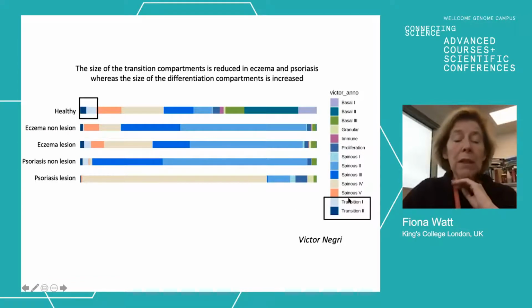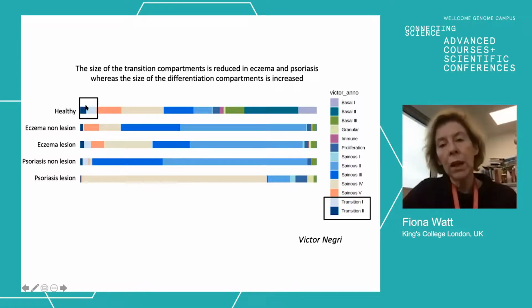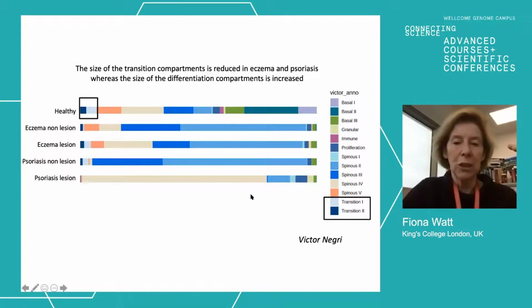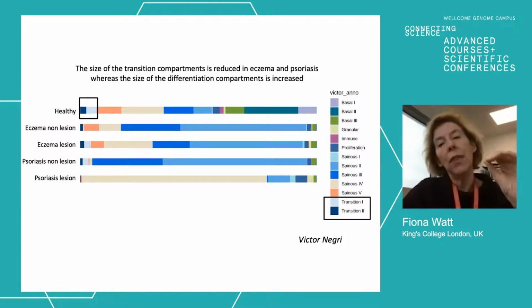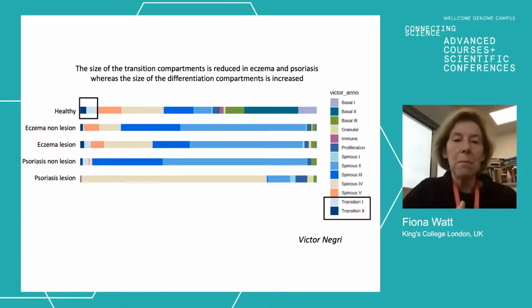But in fact, we didn't see that. We saw that their abundance in the map was shrunk, as was the abundance of the different basal populations. And instead, what you see is an expansion of the spinous layer populations. So what's nice about this is that it gives us some predictions that we can go back to test mechanistically